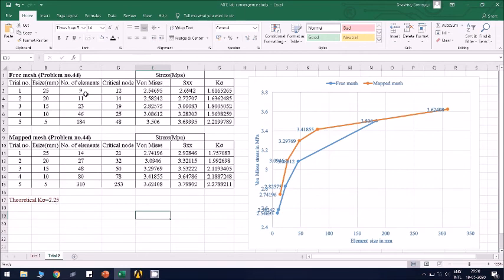And you observe the number of elements used for free mesh is 184 and for mapped mesh is 310 for the same element size. Because it is mapped mesh, there is a regular flow of elements here, and all other results are not very accurate, and this is how the accuracy improves. And if you continue to increase the number of elements, it becomes almost horizontal. That is when we say solution is converged.